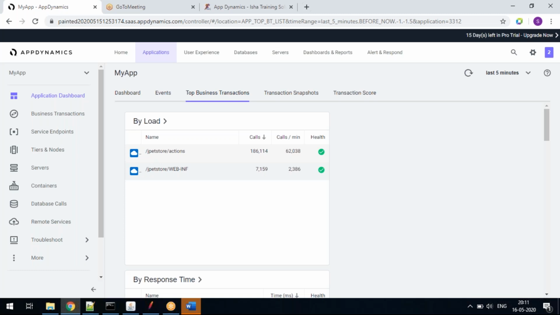A lot of APM tools are there, say New Relic, Dynatrace, AppDynamics, a lot of tools are there. But we are going to see a very detailed understanding of AppDynamics. We are going to understand in depth about the AppDynamics tool. Okay, I'll take a small pause here. If someone is having any question, please ask your question.